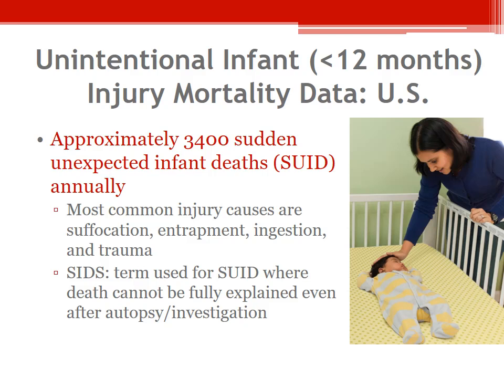There are a lot of infants that don't make it to their first birthday because of congenital abnormalities. They were born premature. They just weren't ready to thrive and survive outside the womb. In this case, we're talking about infants who were born seemingly healthy, no underlying health conditions that were known, but then experienced sudden, unexpected death.